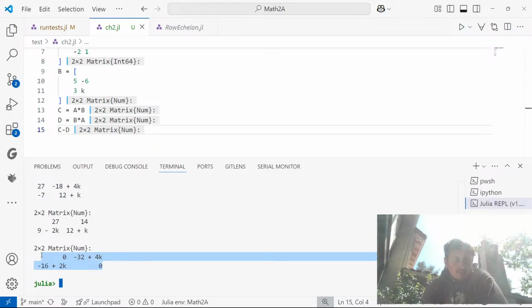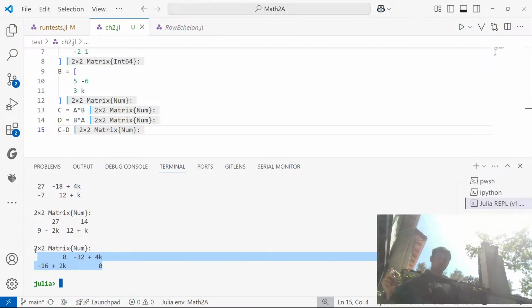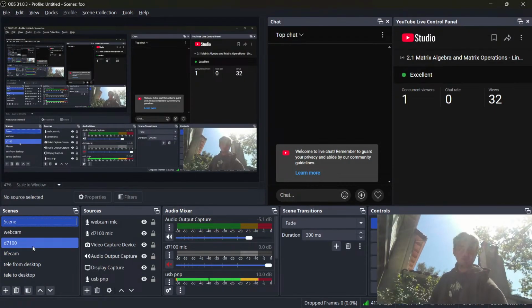So if these two things are 0, K must be equal to minus 8. So the solution to this problem is